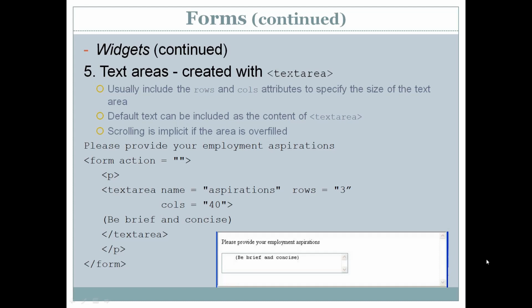Today we will start with a widget that is the text area. We have already seen a widget called the text widget, which is used to input or edit a line of text. But many times in a web form we may have to add or edit multiple lines of text. In such cases we can use text areas instead of the text widget. A text area can be created by using a tag, that is textarea.